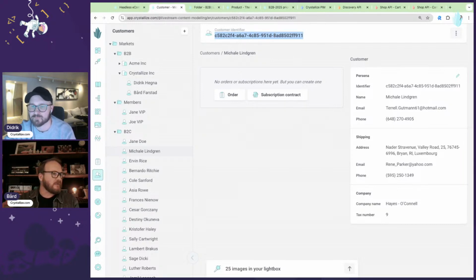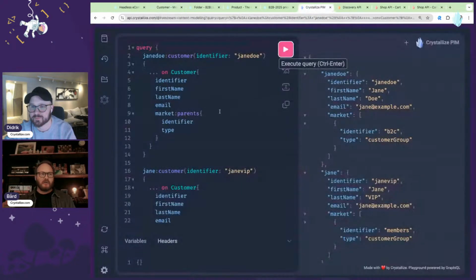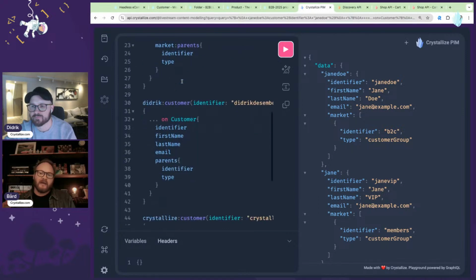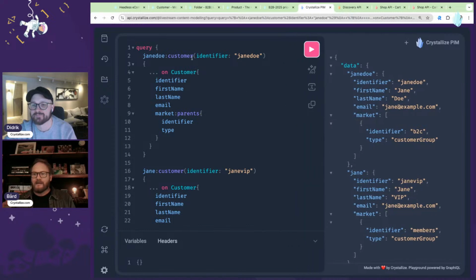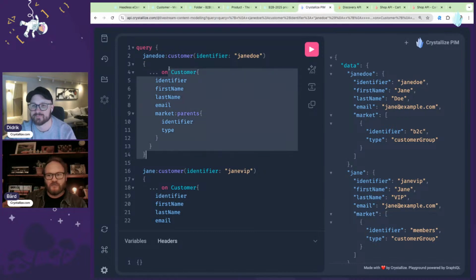Some use phone number if it's a single market. Maybe you use email. So you do you again. But basically, as part of the login, in Crystallize, we want to fetch the customers. And in this case, I created a couple of different queries directly here. You would have your login code just doing one, but I'm doing four for one here because it was on sale. And here I'm first fetching Jane Doe, and I'm just fetching the